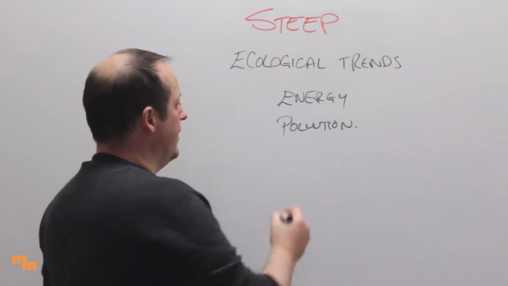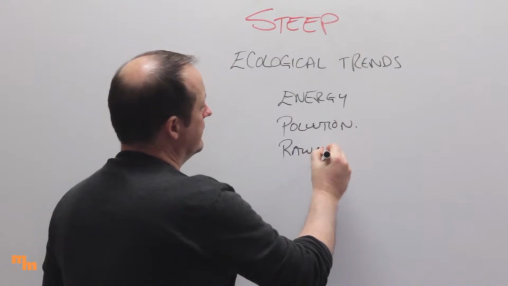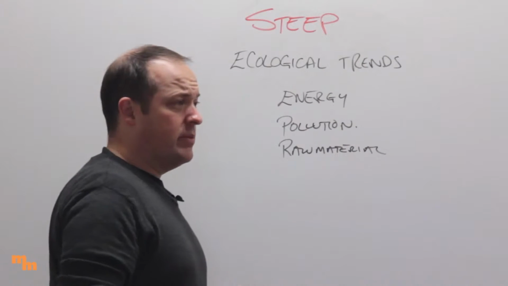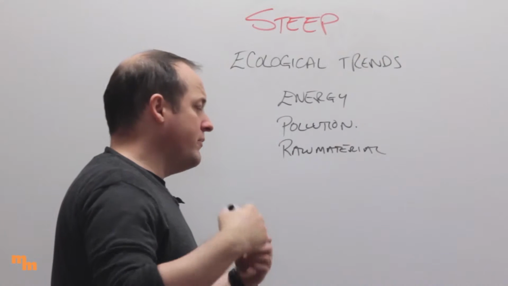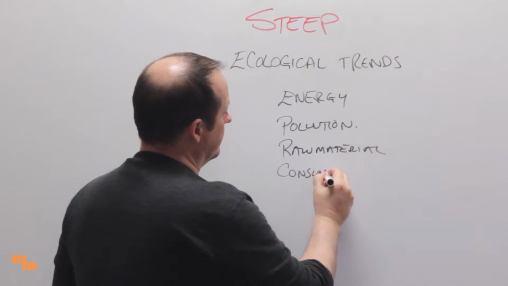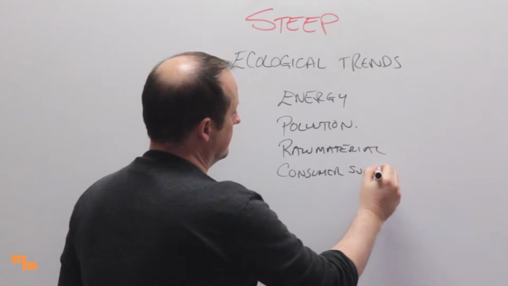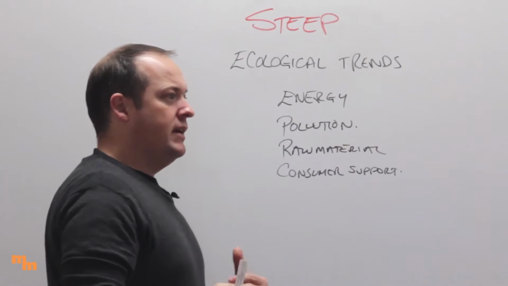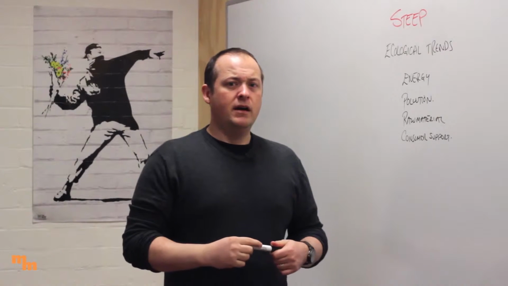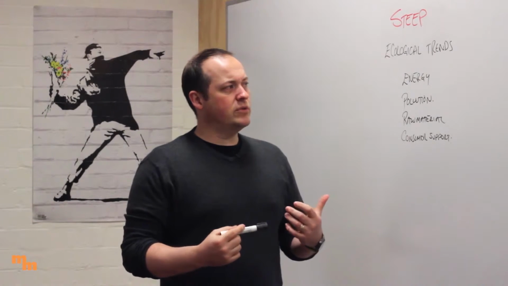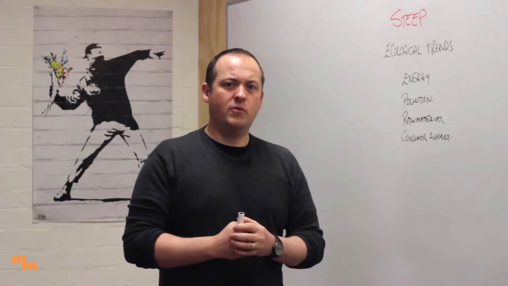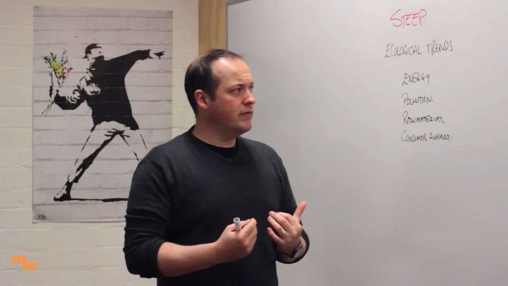What sort of footprint? We need to think about our raw materials, which can be a bit of an issue. Obviously weather patterns change and start to affect availability. We also need to think about consumer support for environmentally friendly products and services, which has been an enduring part of this. We start to think about what the impacts are, and about the energy that we produce, which is becoming a concern to the local environment.